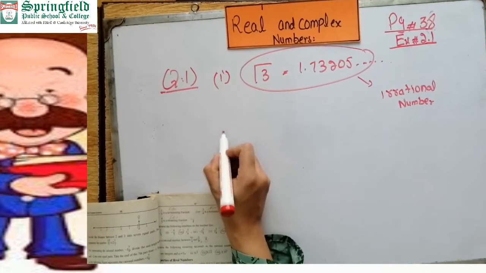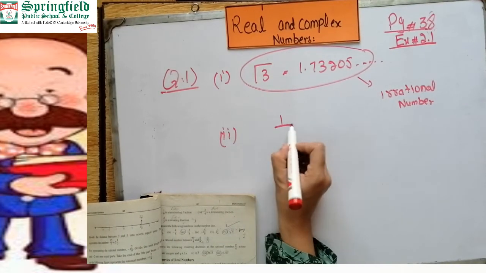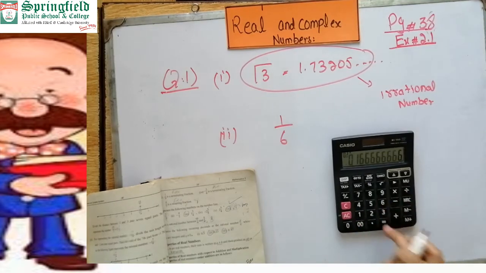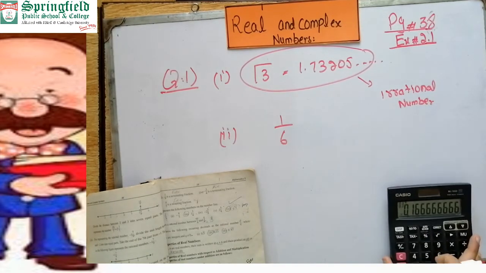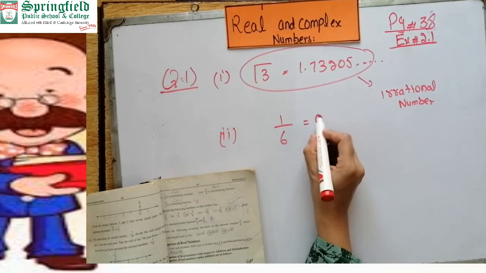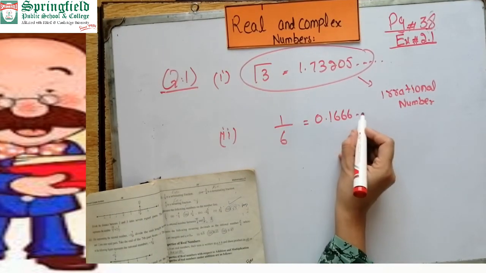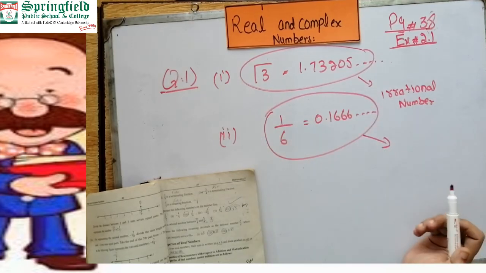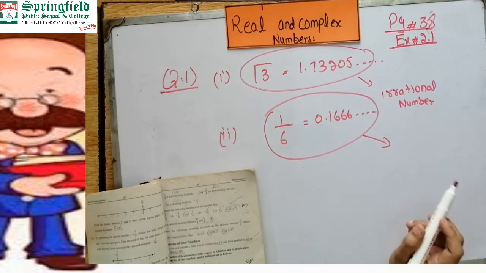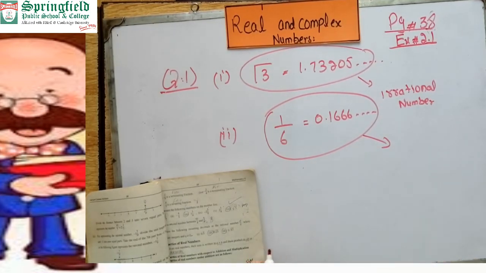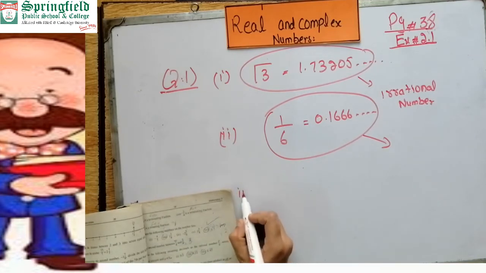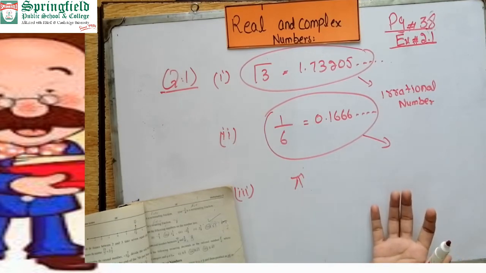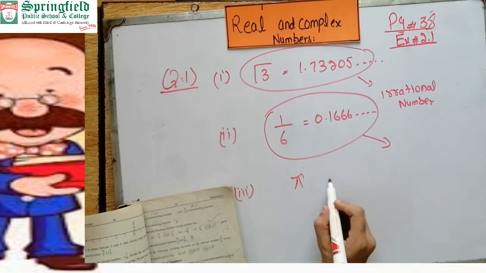This is part 1 and the second part is 1 by 6. So 1 divided by 6 is 0.1666. It means we cannot terminate. So guess whether this is a rational or irrational value. Fine. Now it's your task. And the value of pi, as we already discussed, the value of e, and the under root values of 2 and 3, are they rational or irrational?